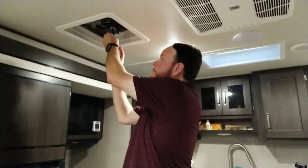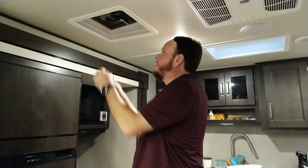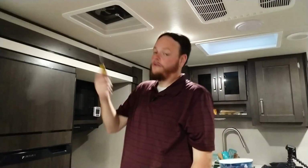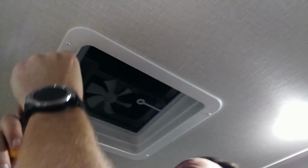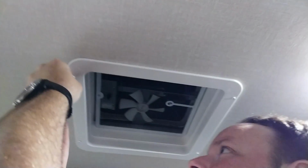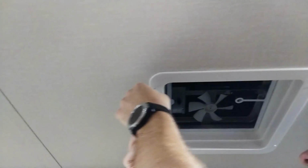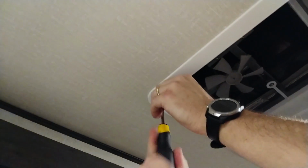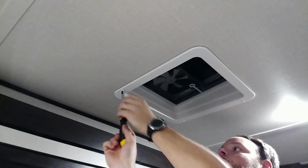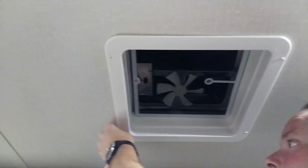To test the amp draw, we need to get to the wires. To do that, we have to do some disassembly, unfortunately. So just a handy dandy Phillips head screwdriver. Okay. And then while you don't have to break the roof seal, you do have to take the inside piece off, which should just be that screw and these 4, or maybe it's just these 4 to get the thing